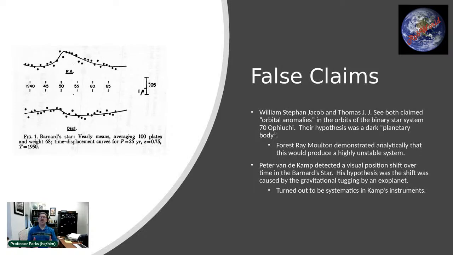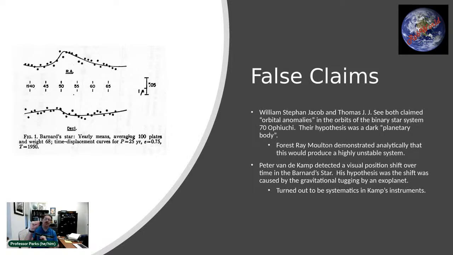And so he used the Lowell Observatory. What he noticed was he was looking at Barnard's star, which is the star with the largest proper motion, meaning if you look at it, it is the fastest moving across space relative to the other stars than any other star in the universe. Unlike what it appears, stars are not fixed. Stars actually do move around relative to each other because they all have their own peculiar motions.